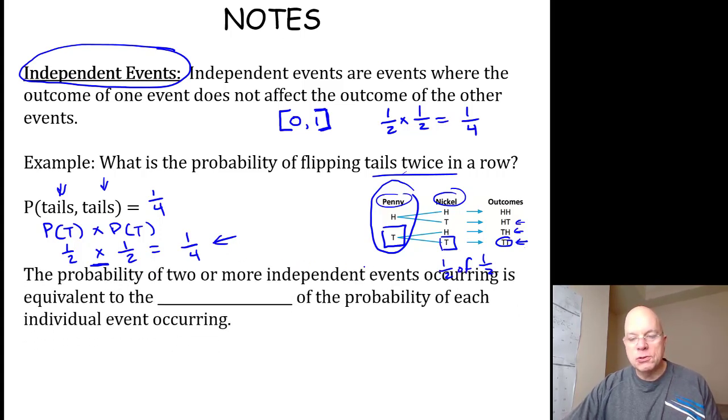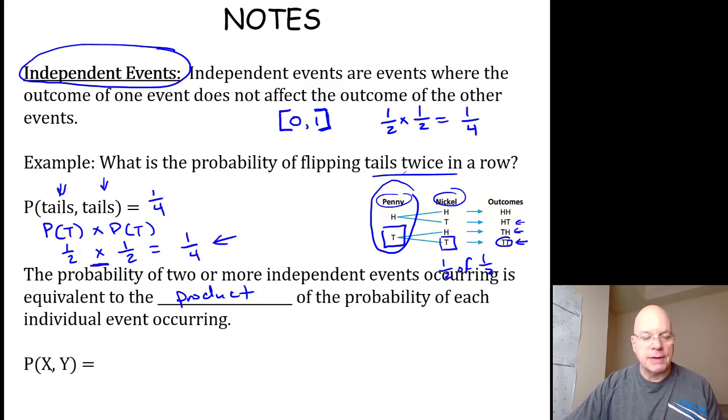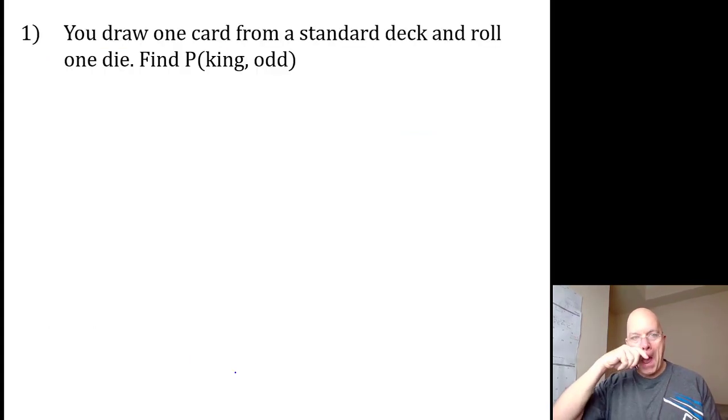So the probability of 2 or more independent events occurring is equivalent to the product of the probability of each individual event occurring. The probability of x followed by y is equal to the probability of x multiplied by the probability of y. Okay,